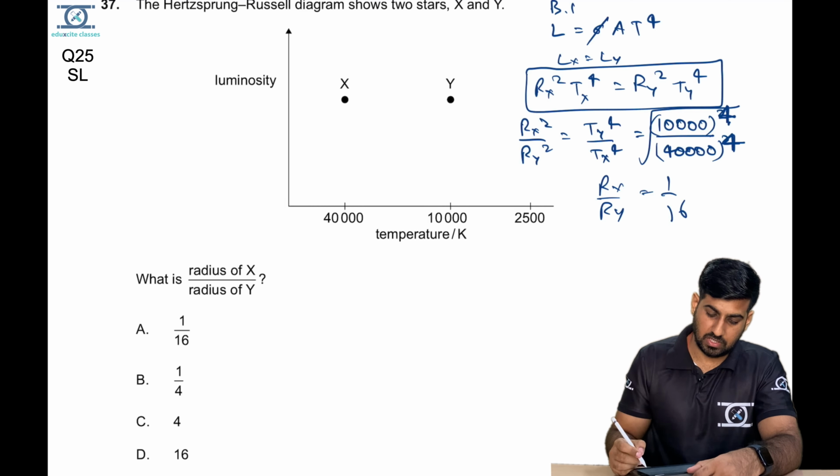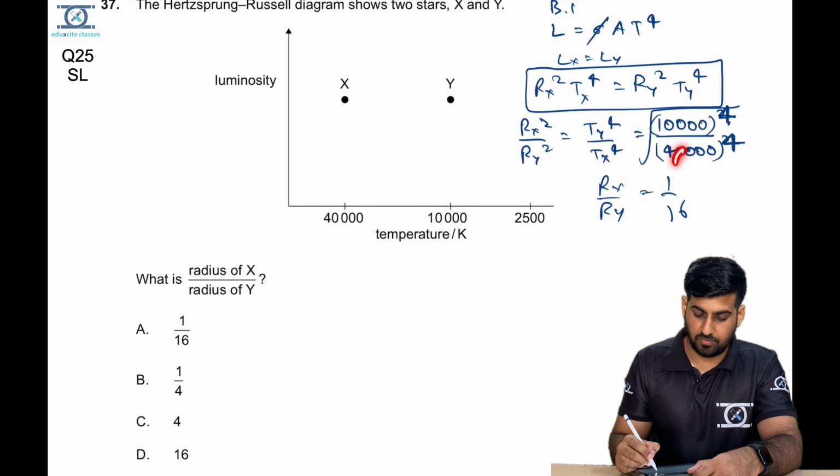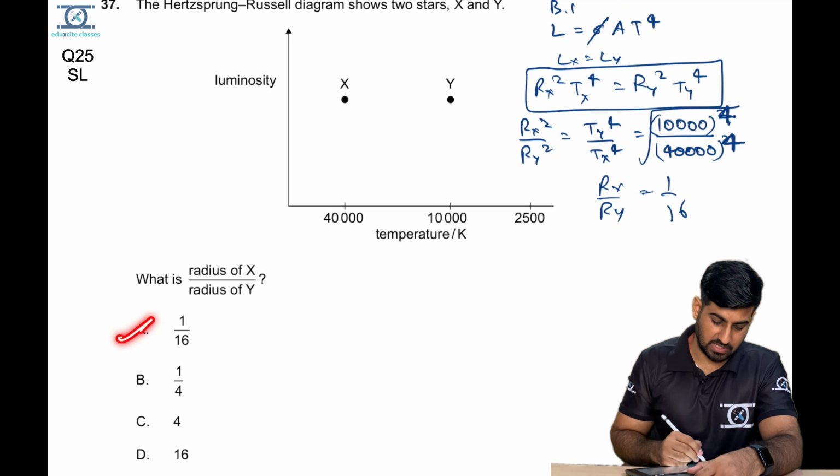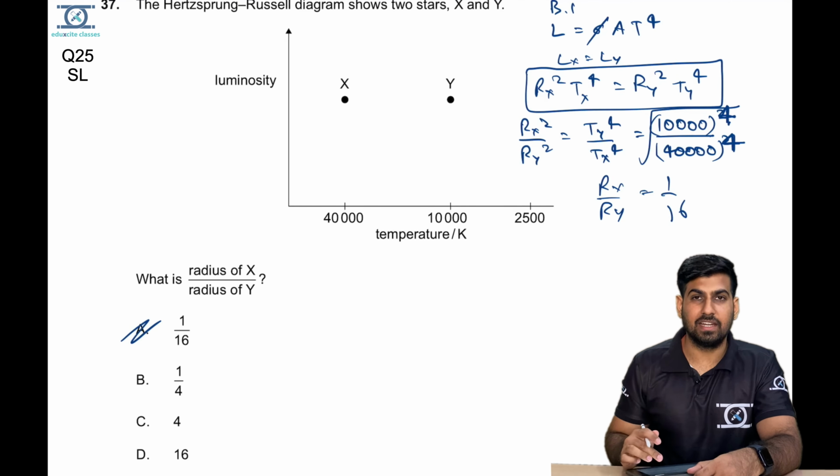1 by 16, or you can do it like this also. If you square root both sides, it will become square and square, and then you can solve. This will be 4 into 4 only, the rest of the zeros get cancelled. So 1 by 16, option A is the right answer. Okay,